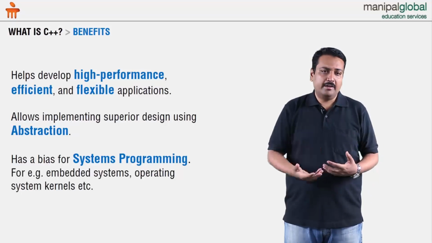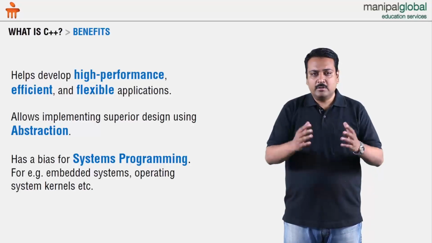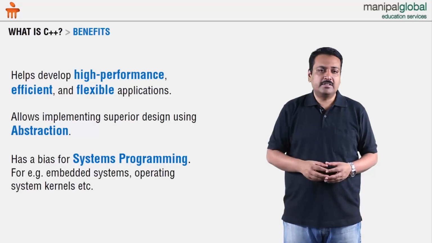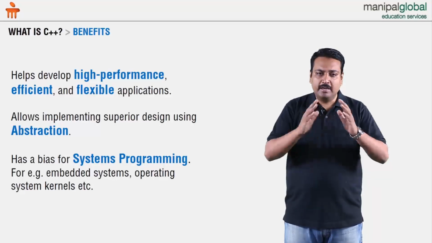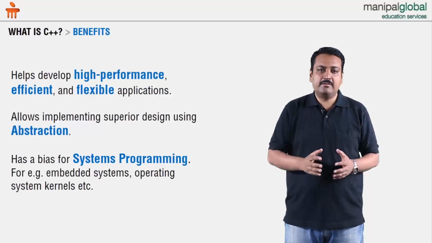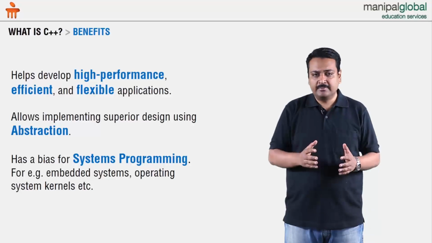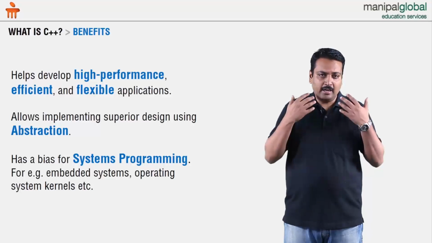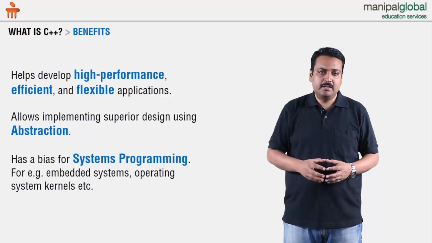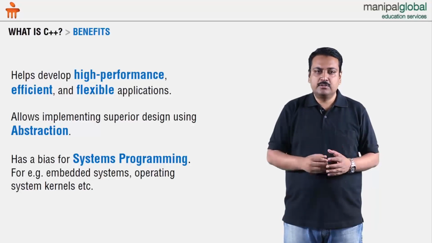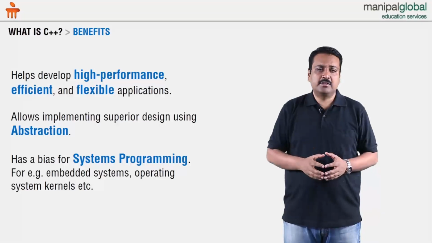As the days are going by, we see that the territory that was occupied by C++ in the 90s or in the last part of the previous decade has been captured by languages like Java, C#, Python, and so on. So C++ has identified itself in a specific niche, and that niche is to develop high performance applications. And these high performance applications, when we develop them, have to give certain throughput. And C++ allows us to get that throughput. One of the places where C++ is used is to develop avionics applications.